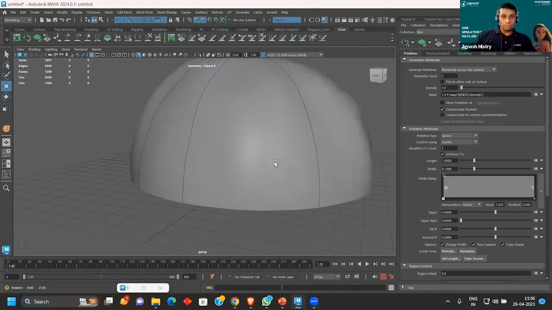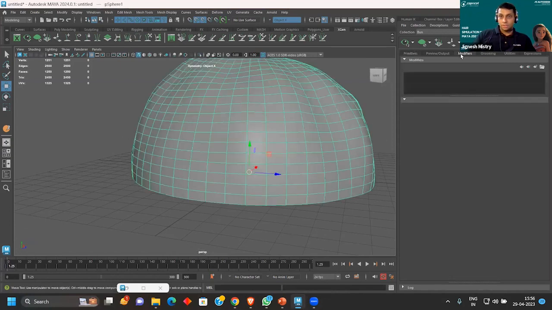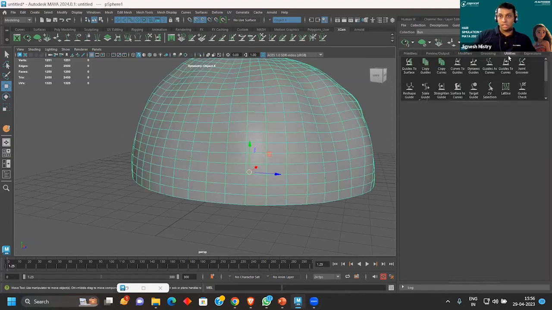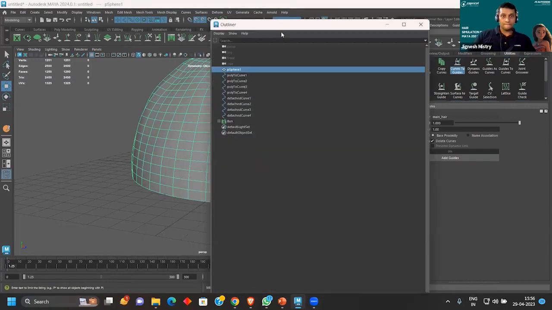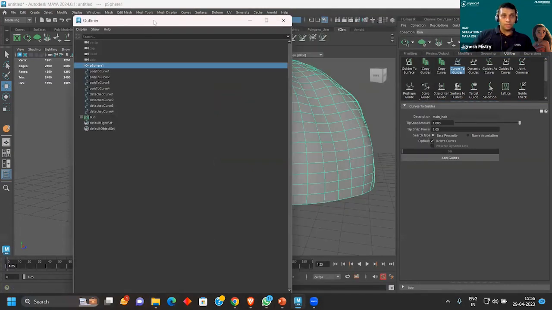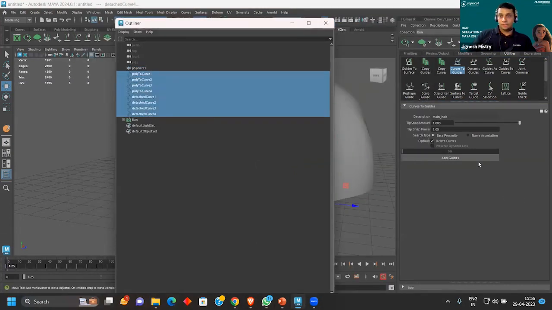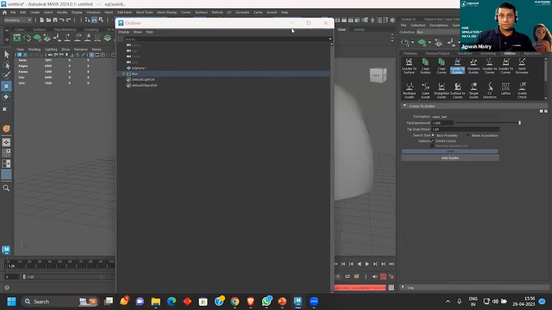So first and foremost, select this, come into your utilities. And in your utility, you get something known as curves to guide, right? Can you see this? This is your curve to guide. So just simply come into your outliner. Select all the curves, add it over here. It will take a little bit of time